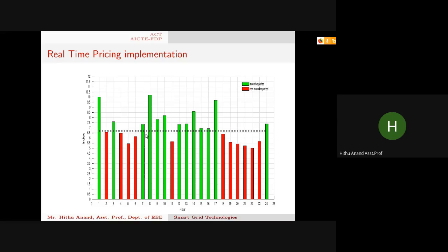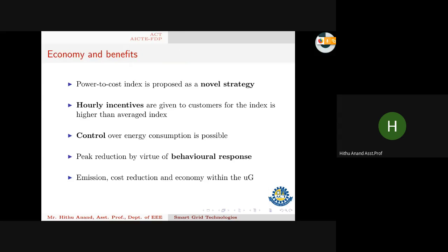It is very intuitive, it is very easy to understand. In that way, the consumers will accept such a strategy, and it is actually helping the utility by minimizing the cost of meeting all the demand, as well as minimizing the thermal power generation or reducing the fuel, that is your carbon emission, everything. So this has so many advantages that I can list out one after the other. So this is one of the pricing strategies that I have proposed in my research. So it's a novel strategy.